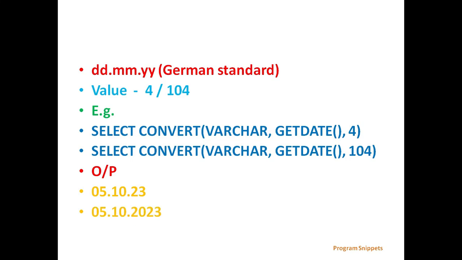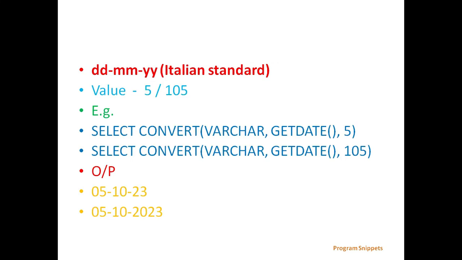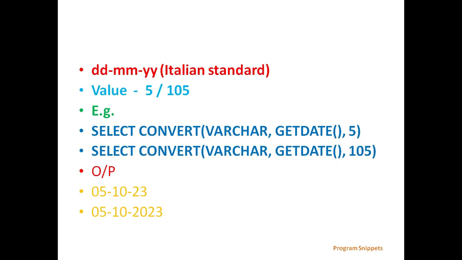05.10.23 or 05.10.2023. That is, if we give the value 4, it will display here in YY format, and if we give the value 104, it will display here in 2023 format, that is YYYY format. Next is Italian standard, that is dd-mm-yy. To get this, use the value 5 or 105. For example, select convert varchar getDate, 5 or select convert varchar getDate, 105 will give the output